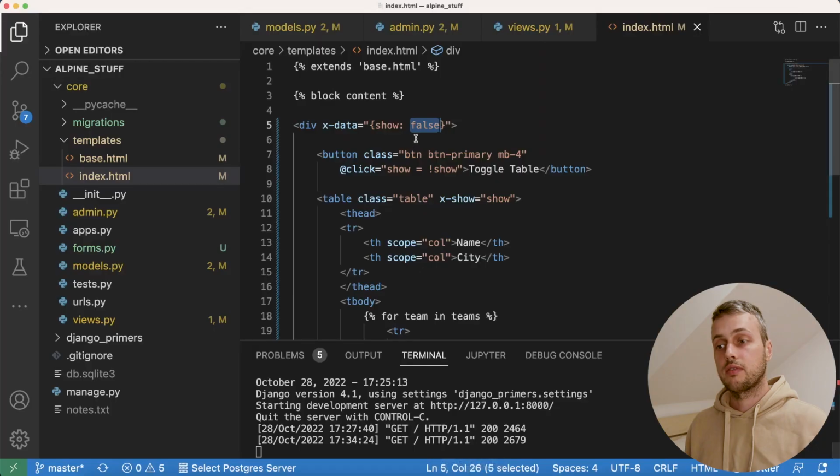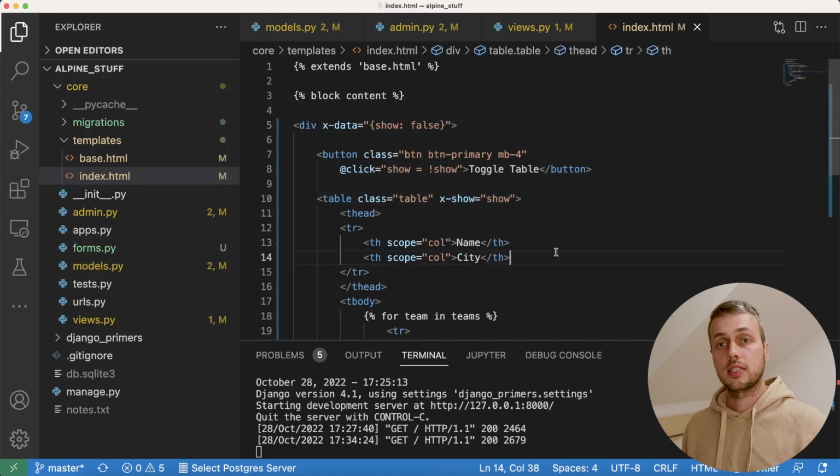So we have this nice, very simple interactive functionality on our page, and in order to do this, we simply define very simple state in our x-data, and we can use that to conditionally show and change things on our DOM. Now for me, this is one of the best ways to use Alpine. It's very simple to do. We just define very lightweight bits of state, and that can open doors for all sorts of things in your